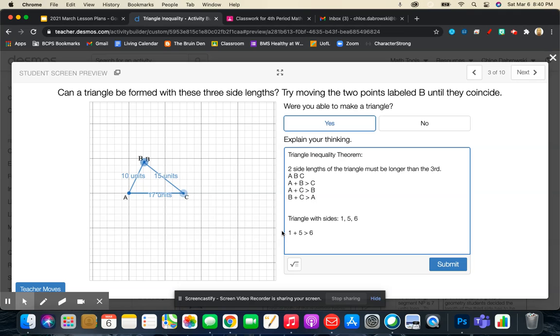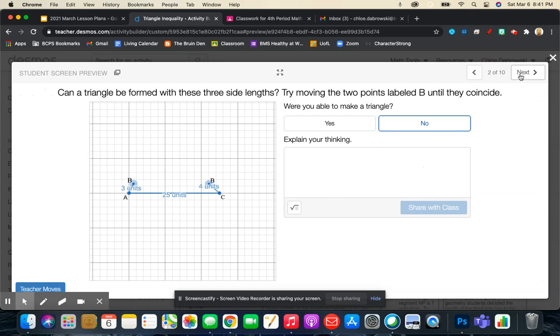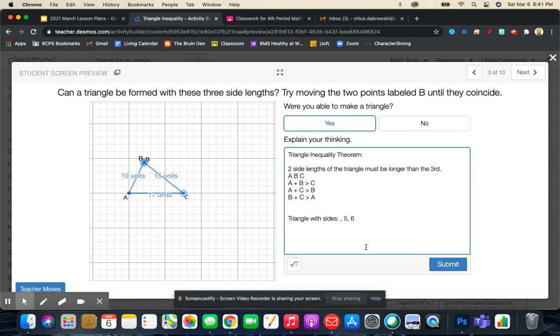But if you go back thinking about our inequalities, greater than and greater than or equal to are different. It has to be greater than. So automatically this is not true. 6 is not greater than 6. So this is not a triangle. It will not make a triangle. It'll go back to how our original one was. They won't connect. So our goal today is really, can we add all of our side lengths together, determine if